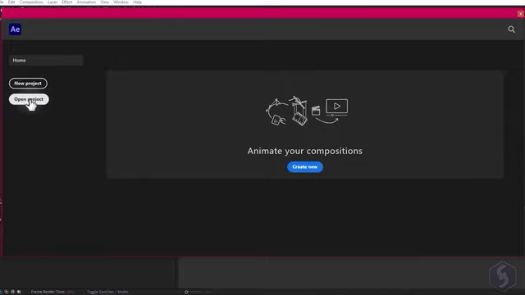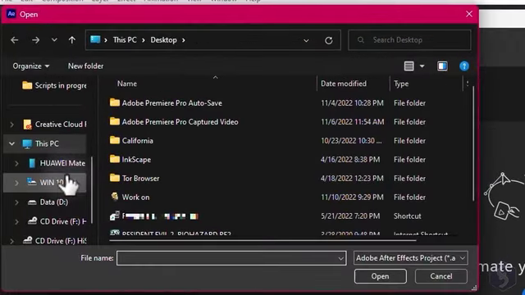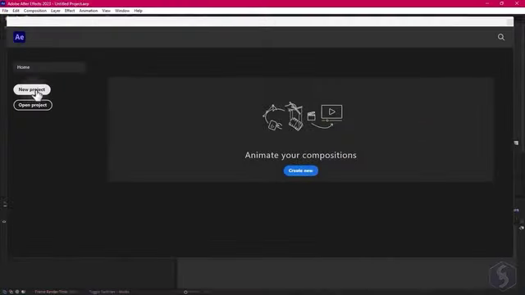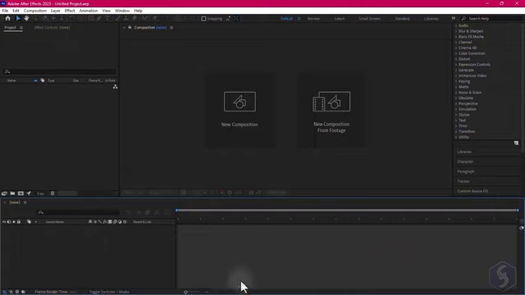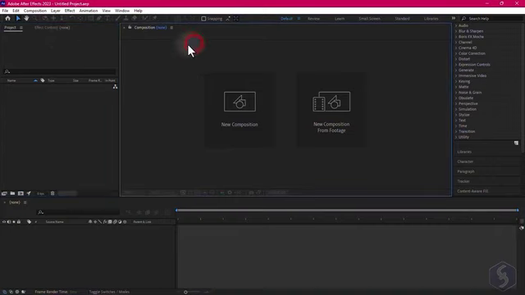You open After Effects. Its home screen page shows up. You can go to Open Project to search for an existing AE project you have, or start from a new one with New Project. This gets opened on the main interface with the timeline at the bottom, which is the place where you will work and build your video, and several panels around it, depending on the workspace chosen in